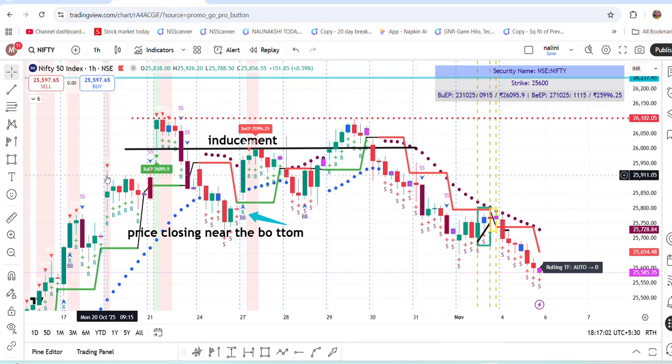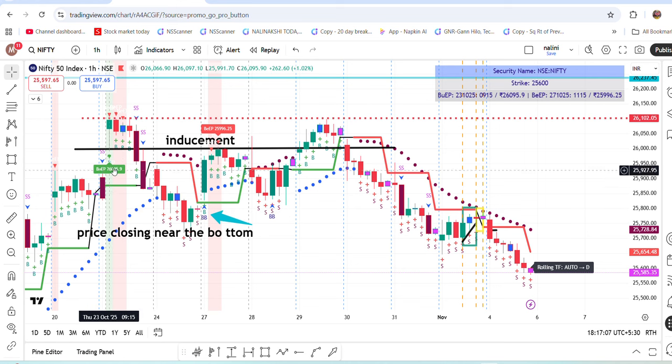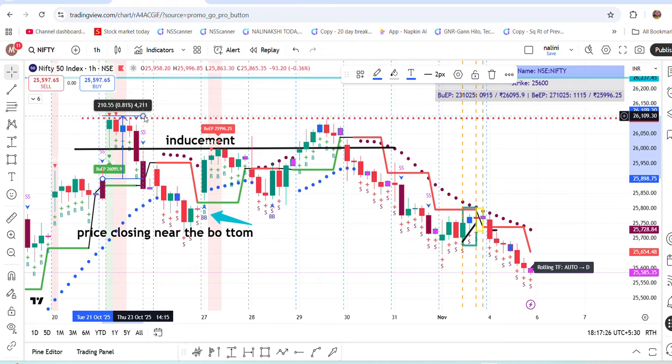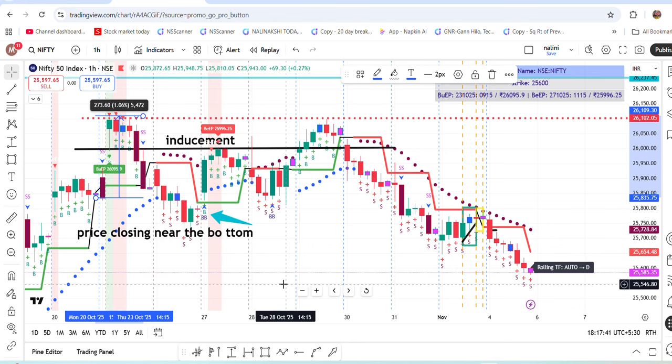They started offloading. They induced sellers and EP, and they gapped up. Gapped up with the news. You all remember there was a holiday and the price gapped up huge. Yeah, a huge move of 210 points. And here, in the last hour, sellers have been trapped. It has closed near that, and you can see a 273 points gap up opened.